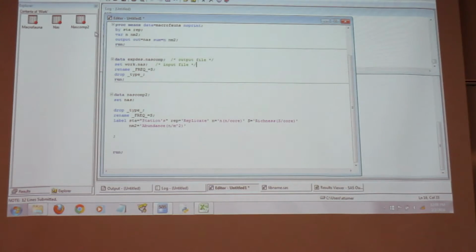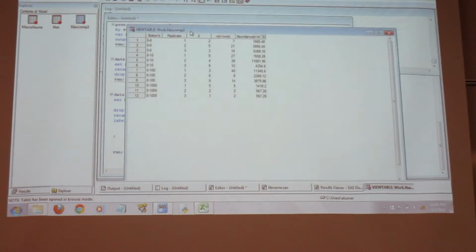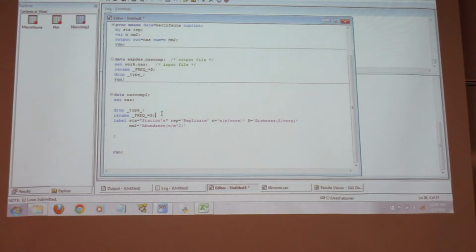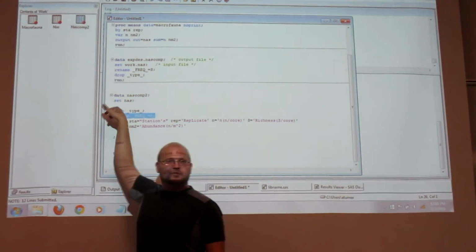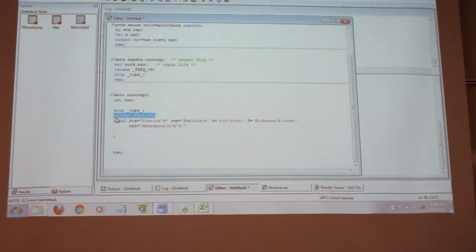Because I labeled S, but it didn't pick up S. Okay, it didn't pick it up, and the reason is when you do this rename, the problem is rename executes at the end of the data step, not at the beginning.